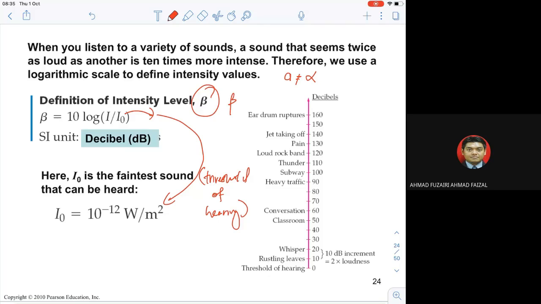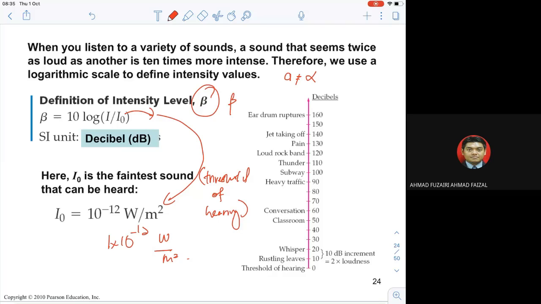Okay, so in these equations, I is your intensity, and I naught is the threshold of hearing, which is 1 times 10 power of negative 12 watt per meter square. So we should put this value in at I naught, and then we should calculate beta when we want to convert from intensity to